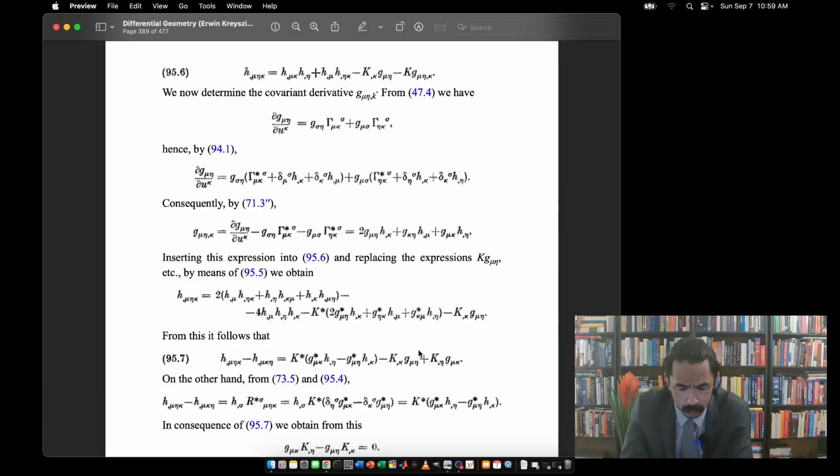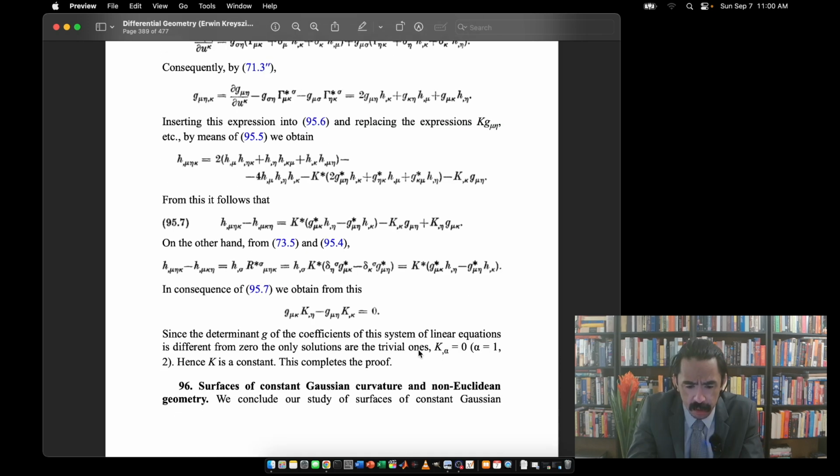Okay, inserting this expression into the aforementioned expression 95.6 and replacing the expressions K times g_{μη}, etc., then by means of expression 95.5 above, we obtain h_{,μηκ} = 2(h_{,μ}h_{,ηκ} + h_{,η}h_{,κμ} + h_{,κ}h_{,μη})